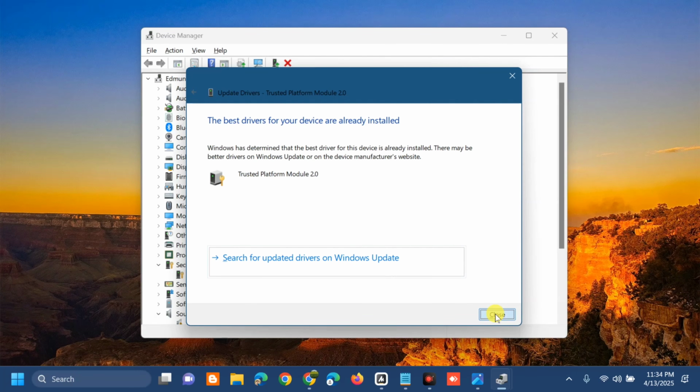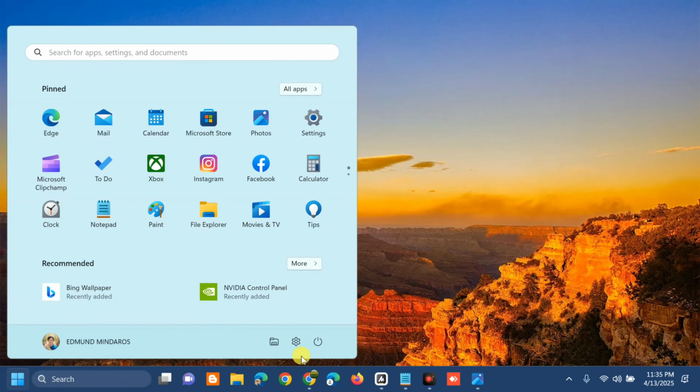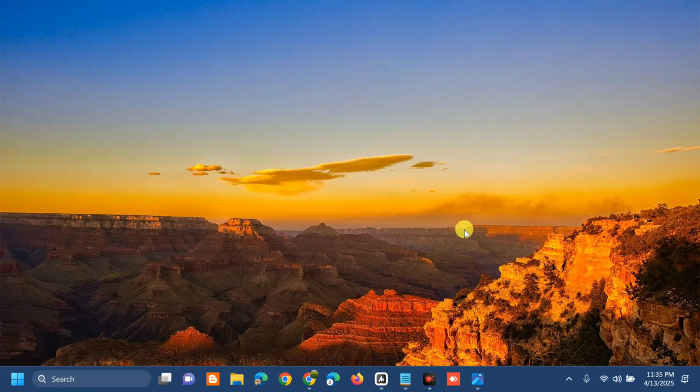Close Device Manager, then at the Start menu, restart. That's it, guys, on how to fix Microsoft Teams with error code